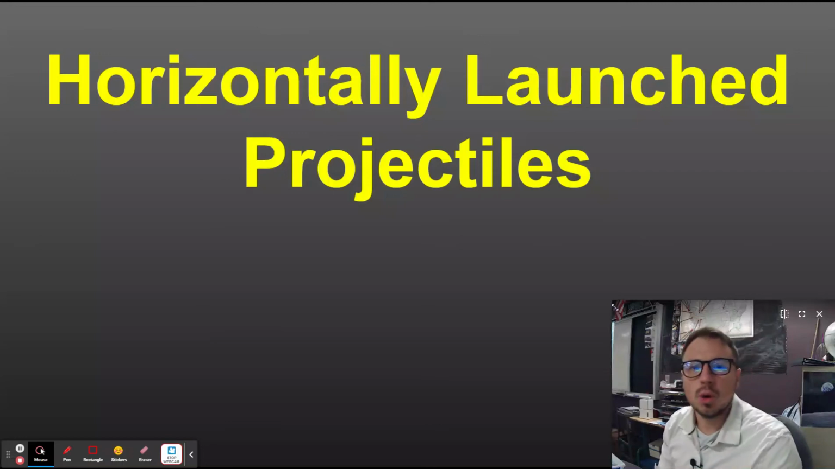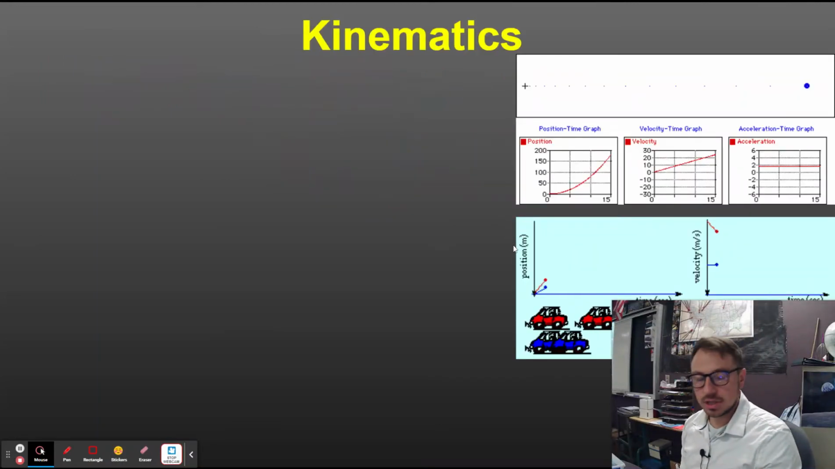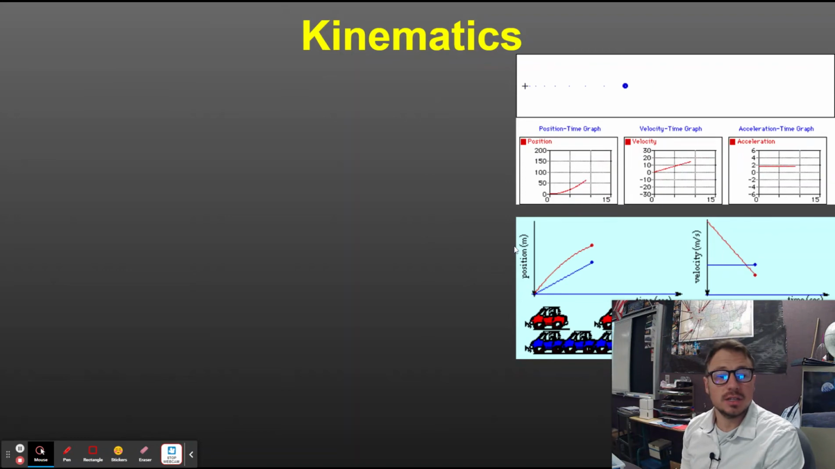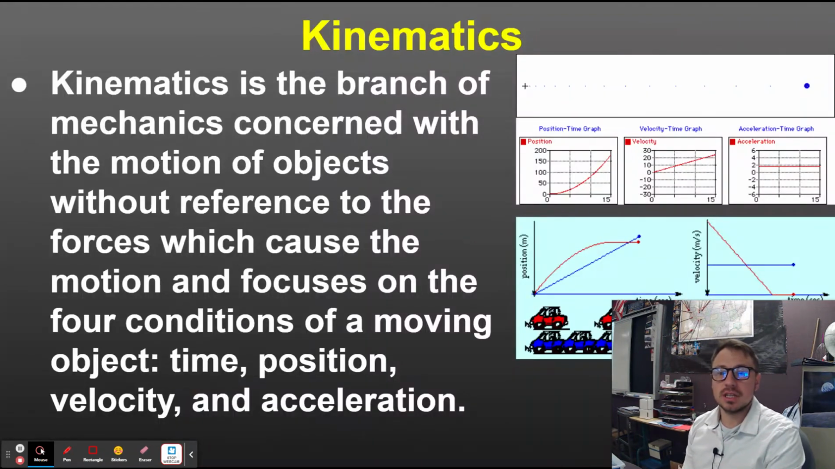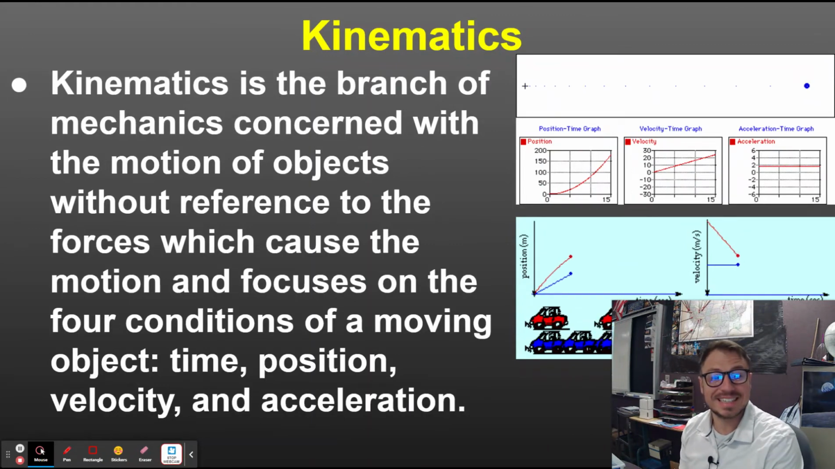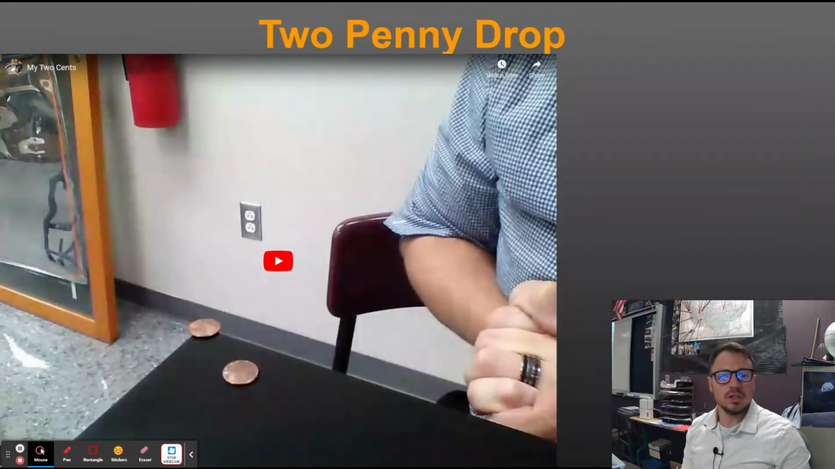This is the video on horizontally launched projectiles. So for this, we need to understand kinematics, right? That's the study of the four conditions of motion: time, position, velocity, and acceleration. In order to start out learning about horizontally launched projectiles, we did a lab, and it's called the